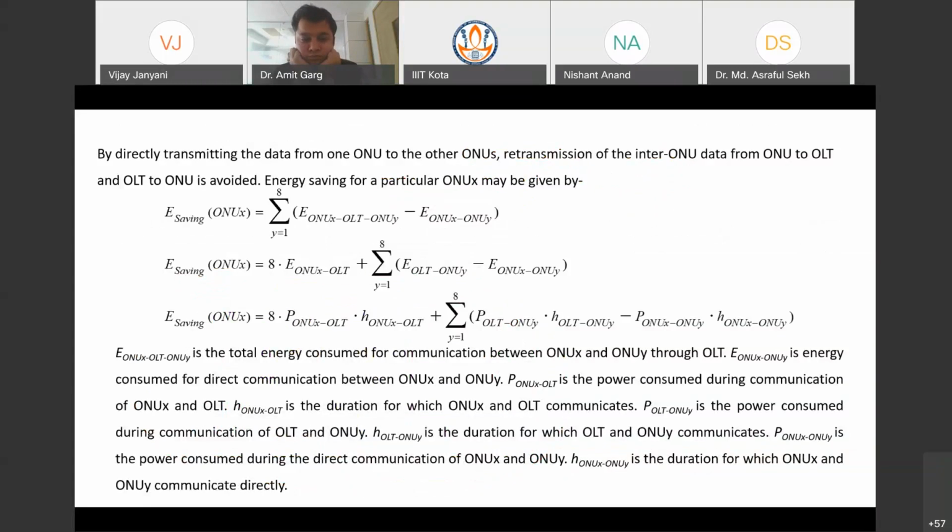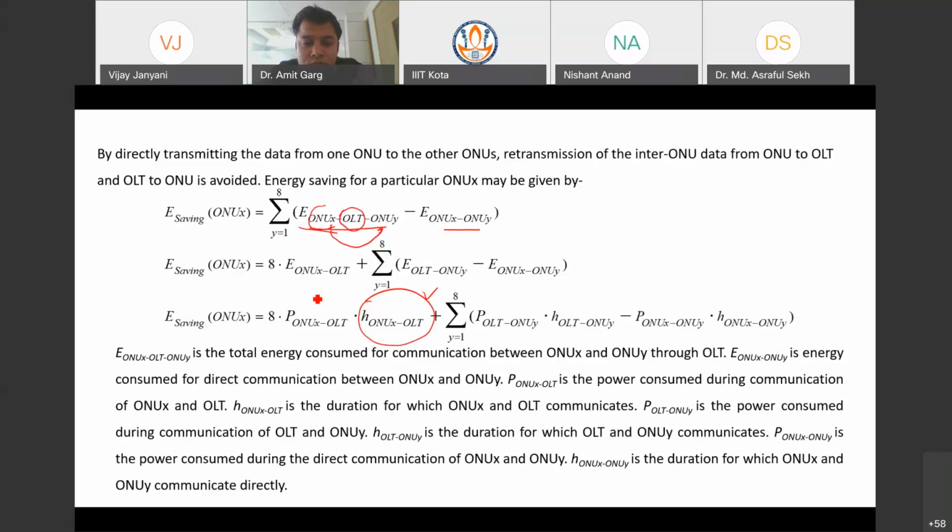So this is energy saving also. You can convert that saving into energy, because we have assumed some hours of operation. If you put that table in here, I mean the number of hours, then also you can see the saving in the energy. So again, the energy saving will be that complete path from one ONU to another ONU through the OLT, and this is the direct one.